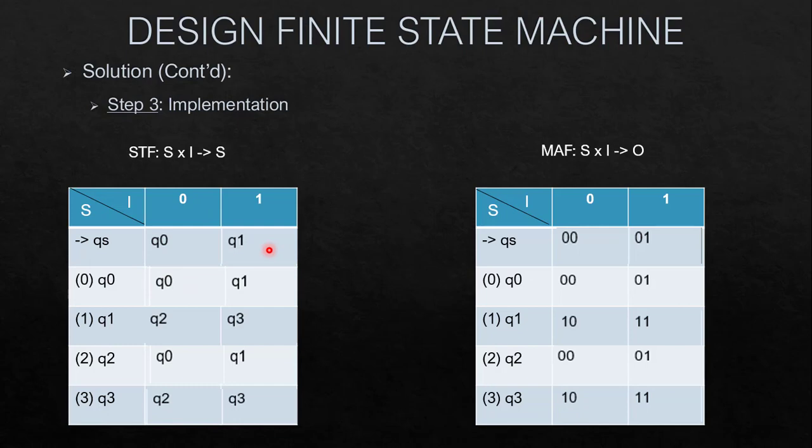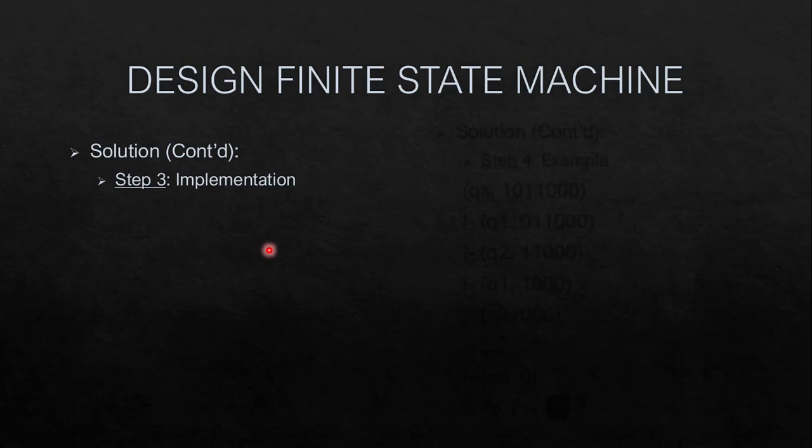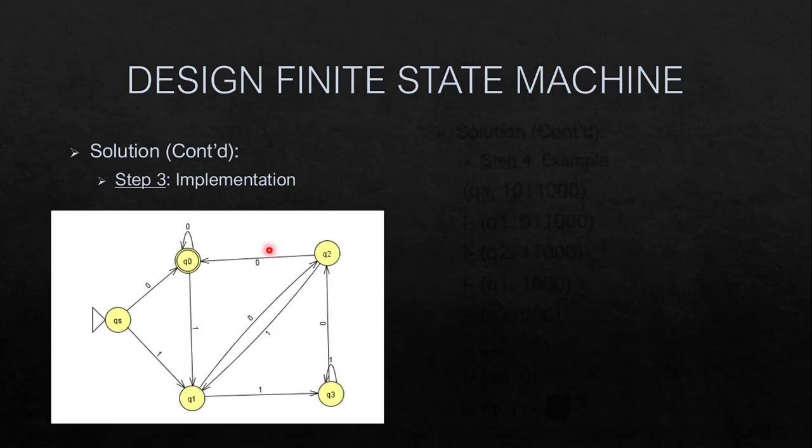In case you do not remember the working, you can go back to the previous session where this particular question was solved. I will put up the link in the I icon and you can go and revisit to check out the working of this division. So let's see the state transition diagram and conclude with the example that we will be solving to generate the output when any binary number is divided by 4.